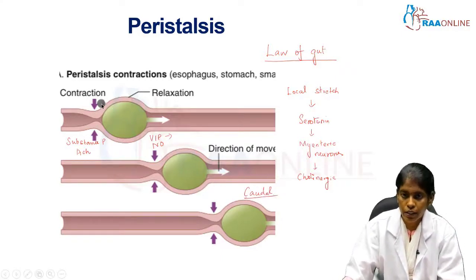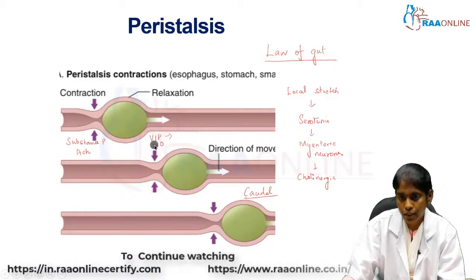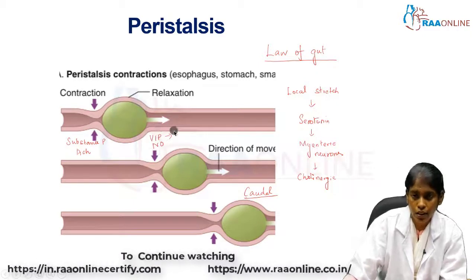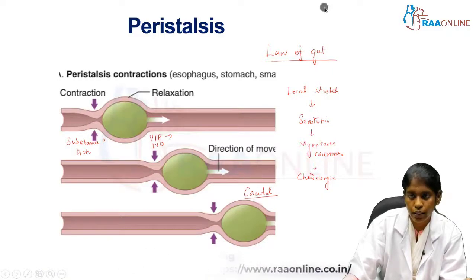The primary stimulus for peristalsis is the presence of the food bolus in the intestine, which will cause a local stretch and release serotonin. This serotonin will stimulate the myenteric neurons and the cholinergic neurons present in the myenteric plexus. The cholinergic neurons behind the bolus will secrete substance P and acetylcholine, causing constriction of the circular muscle behind the bolus, and the neurons in the upstream segment will release vasoactive intestinal polypeptide and nitric oxide, causing relaxation of the circular muscle. These steps will propel the food forward, that is in the caudal direction, which is called the law of